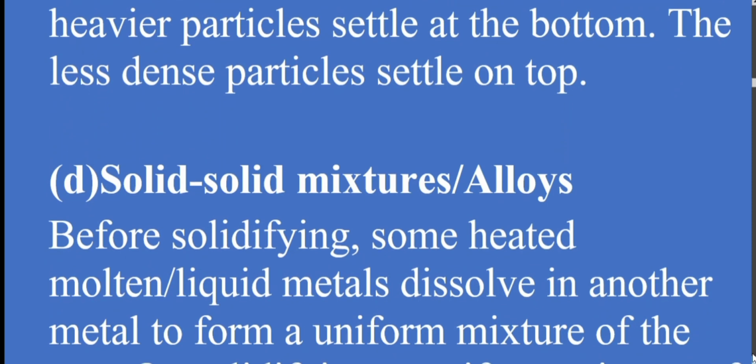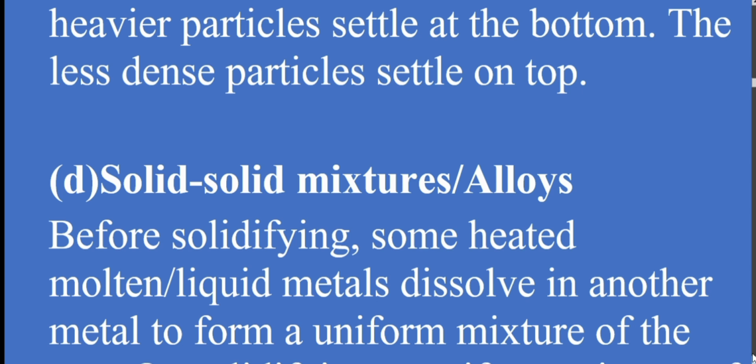Then now let's look at solid mixtures. Now these are types of mixtures. Remember, we started with solid-liquid. The first one was soluble, the second one was insoluble, then liquid mixtures. We had the miscible and the immiscible. Now we are looking at solid mixtures, or we can also call them alloys.